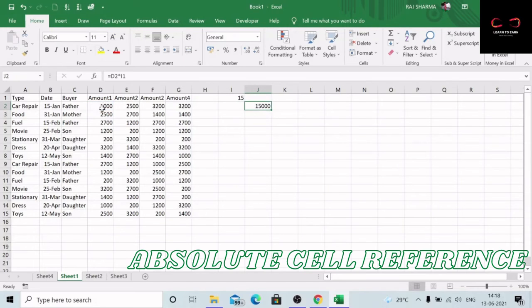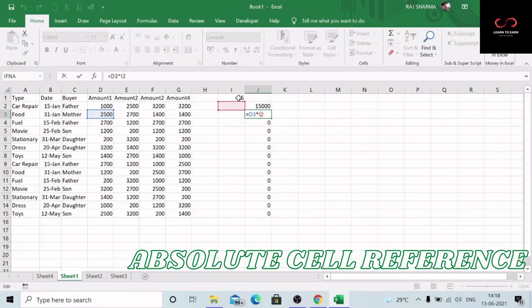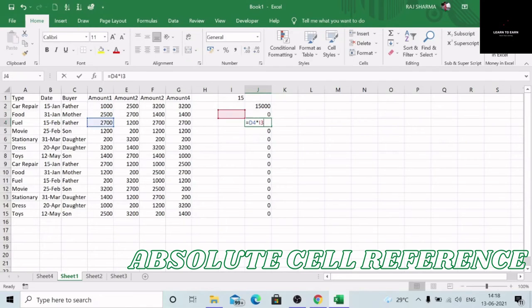Now the first figure is okay, but when we drag this formula, the remaining values are 0. Why is it so? Because here instead of I1, it is multiplying by I2, and here it is multiplying by I3. So we have to fix this as an absolute cell.